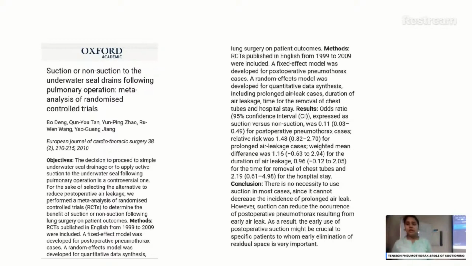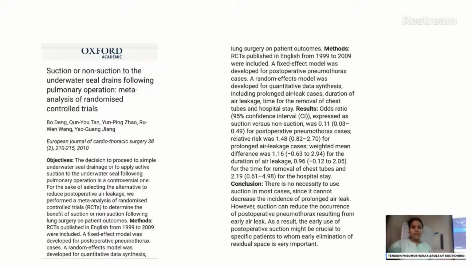Now, this study was published in the European Journal of Cardiothoracic Surgery, about whether to attach suction or non-suction to underwater seal drains following pulmonary operations. That means after pulmonary surgeries, we put the ICD. So whether to attach it to the suction or not, this was the